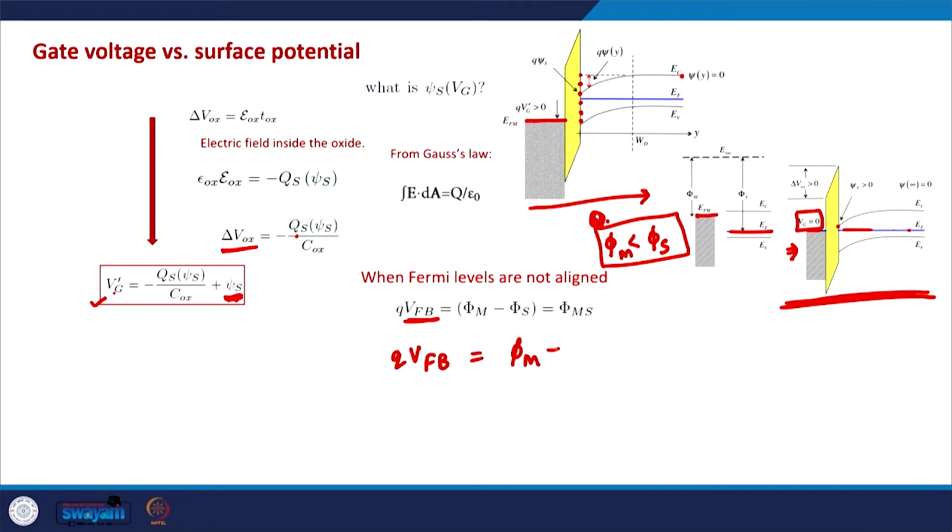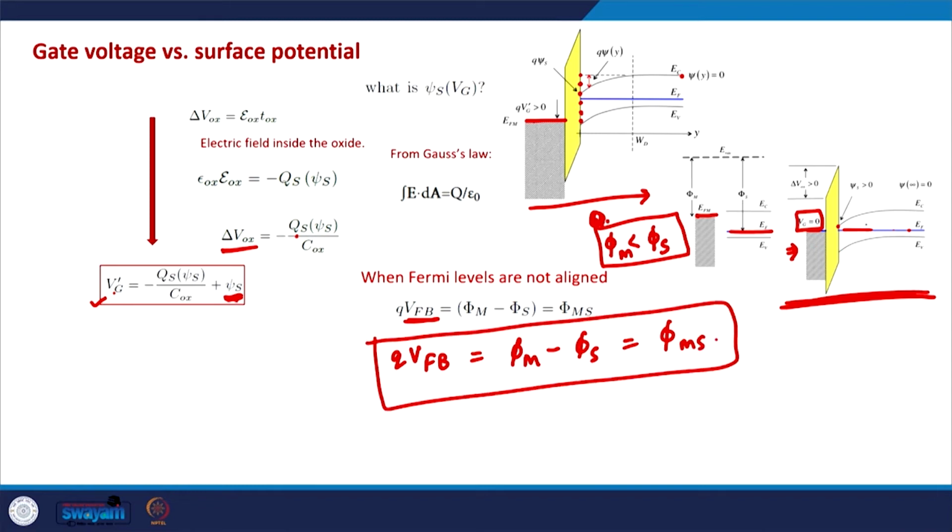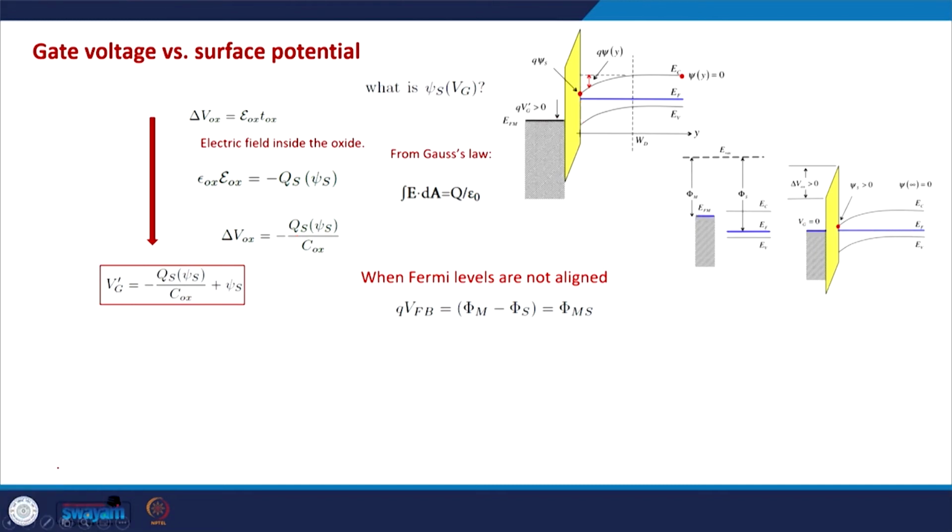Q times VFB is Qm minus phi m minus phi s, or phi ms. So when we apply this voltage on the gate terminal, this band bending is neutralized, and in that case the flat bands are achieved. So that's why this gate voltage is known as the flat band voltage. So in all those materials in which the metal Fermi level and the semiconductor Fermi level are not aligned, in that case we, in addition to